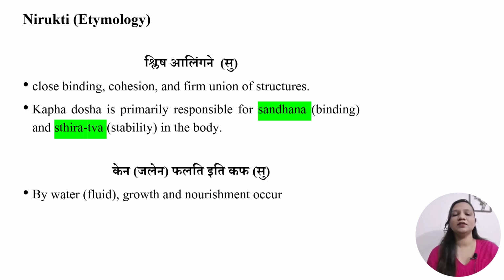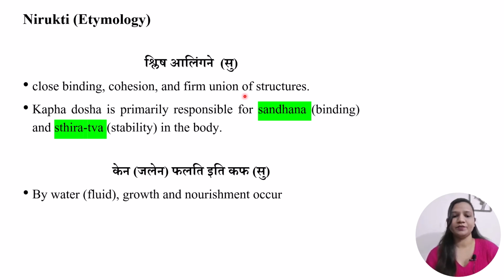First we'll see the Nirukti, which means etymology of Kapha Dosha. There is a verse regarding the Nirukti of Kapha Dosha, which comes in Sushruta Samhita of Acharya Sushrut, which goes like Shlish Alingane, meaning close binding, cohesion, and firm union of structures. So that which is responsible for the close binding, cohesion, and firm union of the structures in the human body